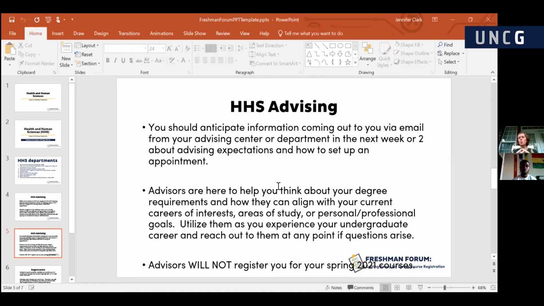Do you have interest in working with children? And so really questions from you for your advisor could include things like, well, what can I do with the major in kinesiology? Or is there an internship built into my undergraduate degree? And how can I plan or prepare for that?